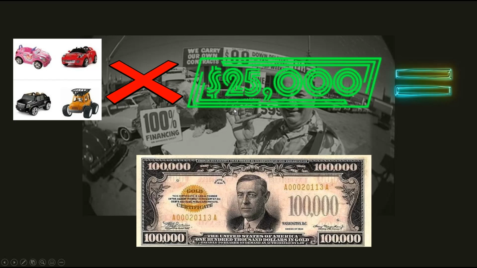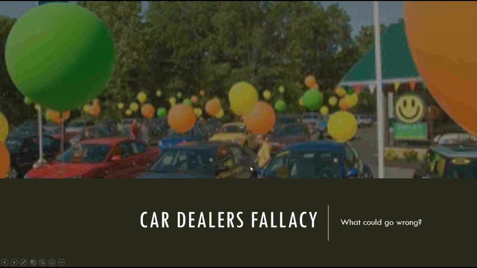Of course, I'm sure as we've been talking about this, some of you thought to yourself, oh, there's a lot of things that could go wrong. Well, what could go wrong? First and foremost, this person could move. You move from one state to another, it's kind of difficult to go back. The person could buy a car somewhere else. They may buy one car from you, buy another car somewhere else. They may drive it till the wheels fall off and only buy 2 cars over the course of their lifetime.